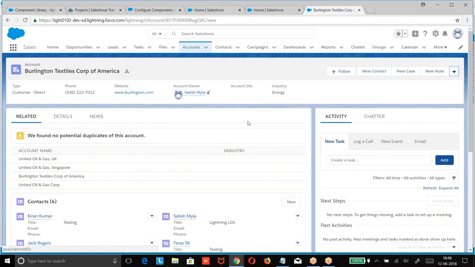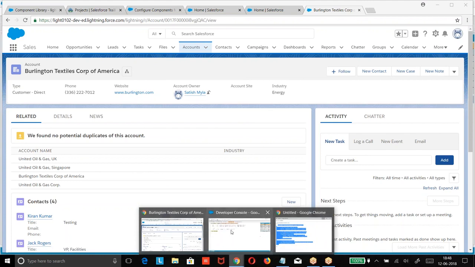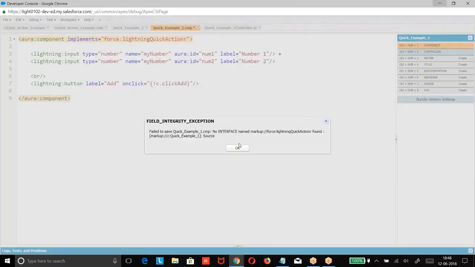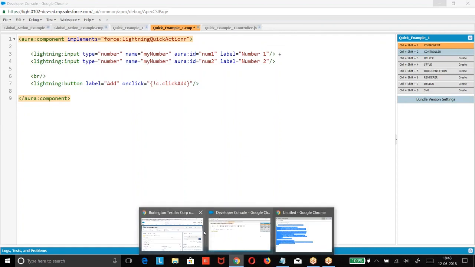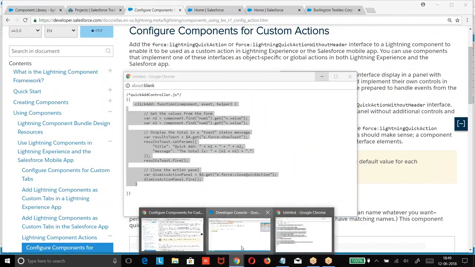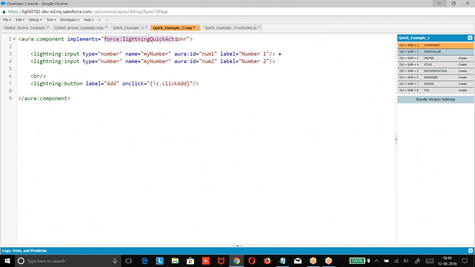Right? We are closing on the close part. But here, if I give only quick action, what is happening? If I give this, now when I click on the cancel button, the quick action should be closed.